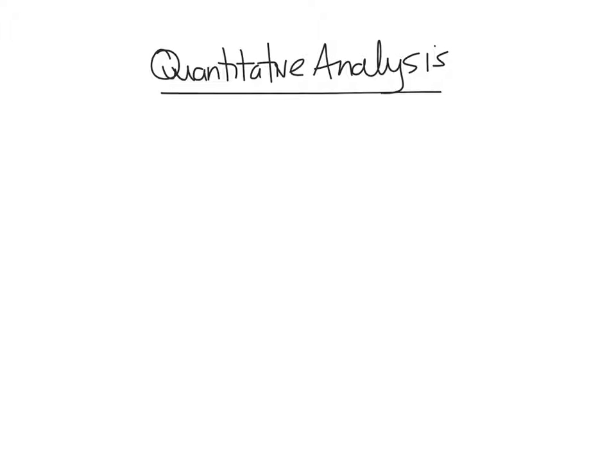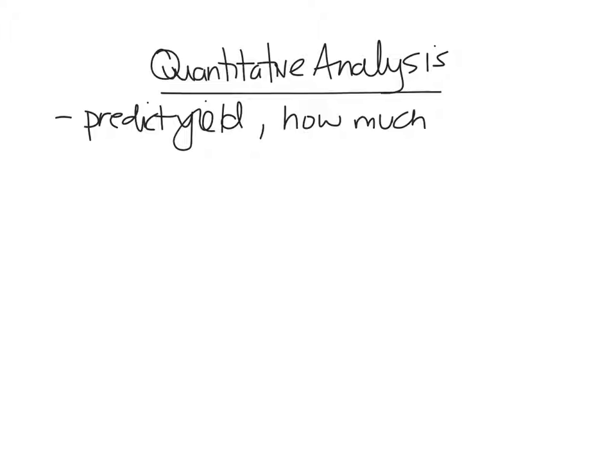So quantitative analysis, when we have solutions, is very similar to gravimetric stoichiometry. Basically, we'll be able to predict the yield when we react two solutions. We can also use it to identify how much of a substance is present. So we're going to do a couple of examples based on quantitative analysis